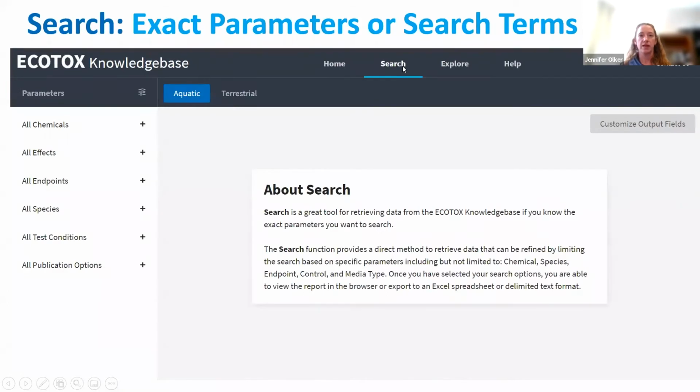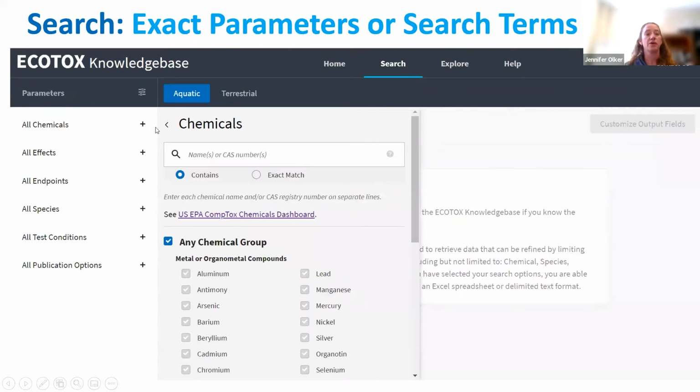All right, so now we're going to talk about the search option for querying information in ECOTOX. On this search page, this is similar to what the previous web-based query options were, but with a different kind of interface for the users. And here you can search, put in your search parameters by chemical, adding the CAS number or selecting a chemical